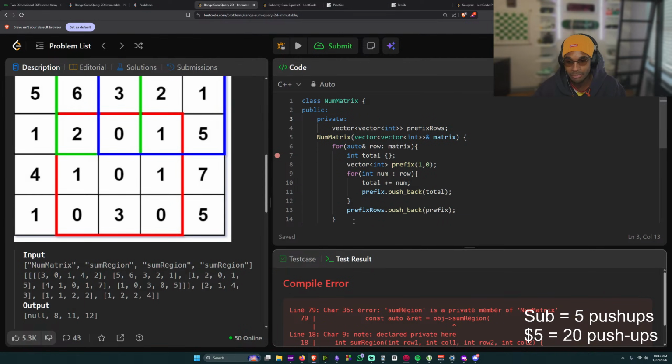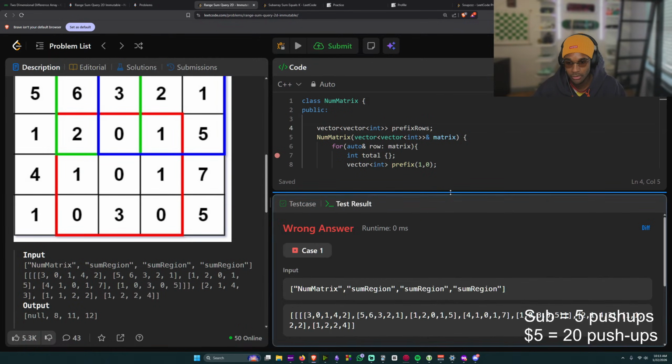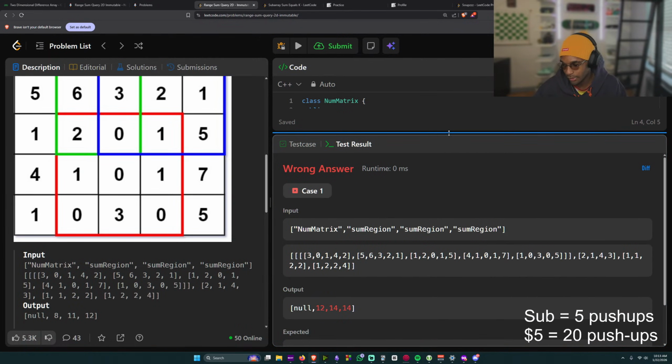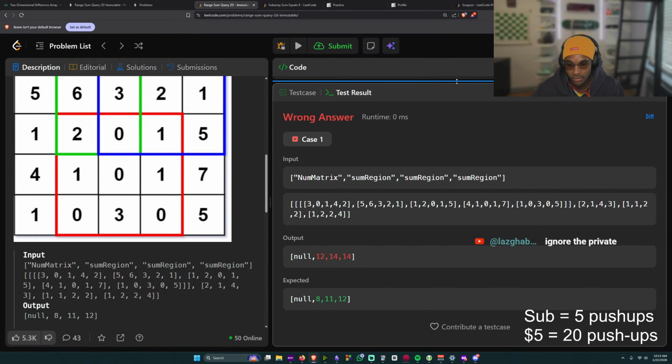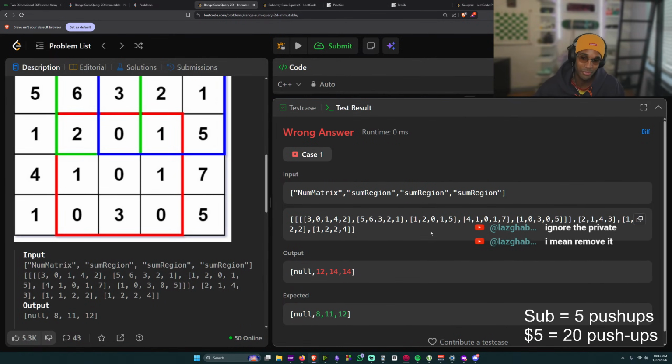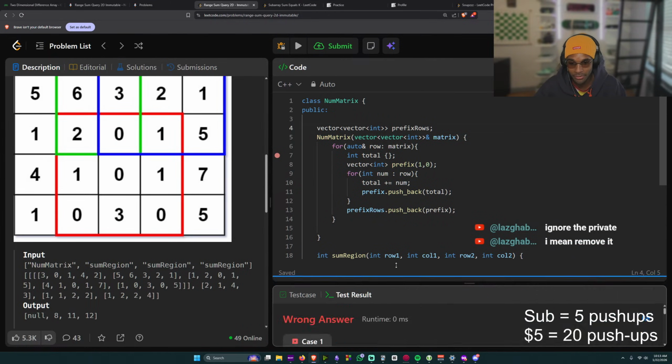Oh, does that mean that all this is private? Because I put the private thing. But if I just do this, that'd be good. Okay, at least we didn't get an error. Why do we get the wrong answer? I swear I thought I knew how to do prefix sums.